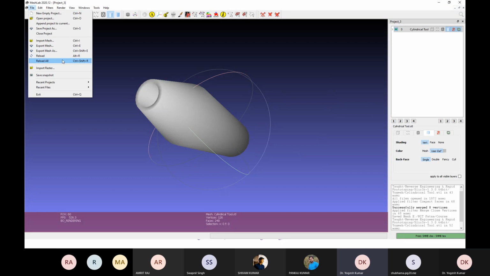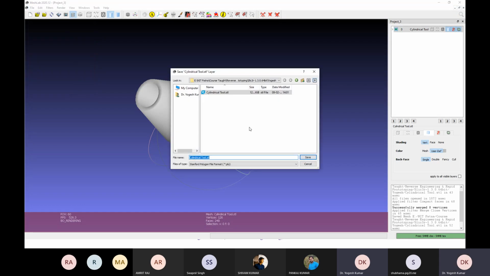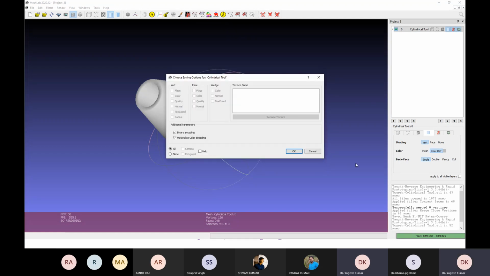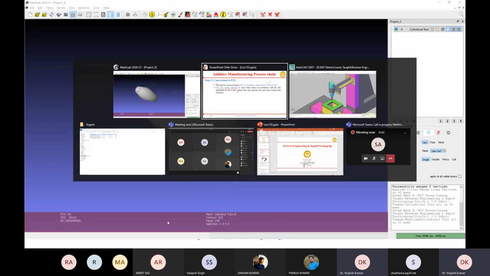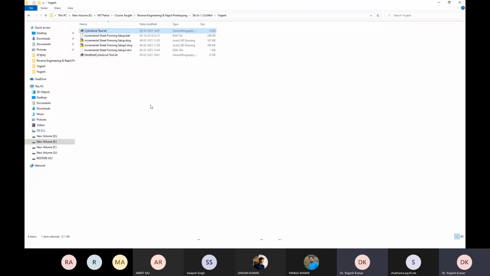File, export mesh as modified. Okay, so I have saved it as a modified STL file. Here you can see this modified STL file has appeared in this folder, and now I will go to the next step.